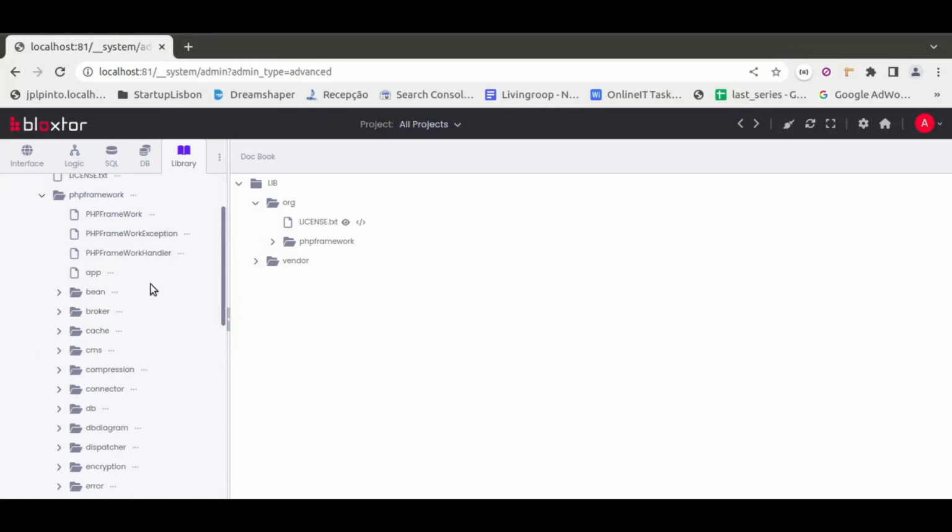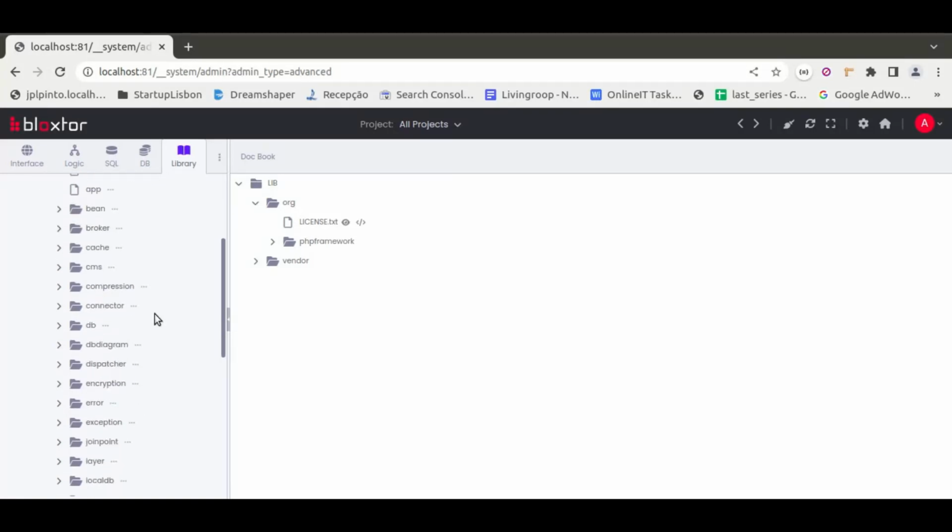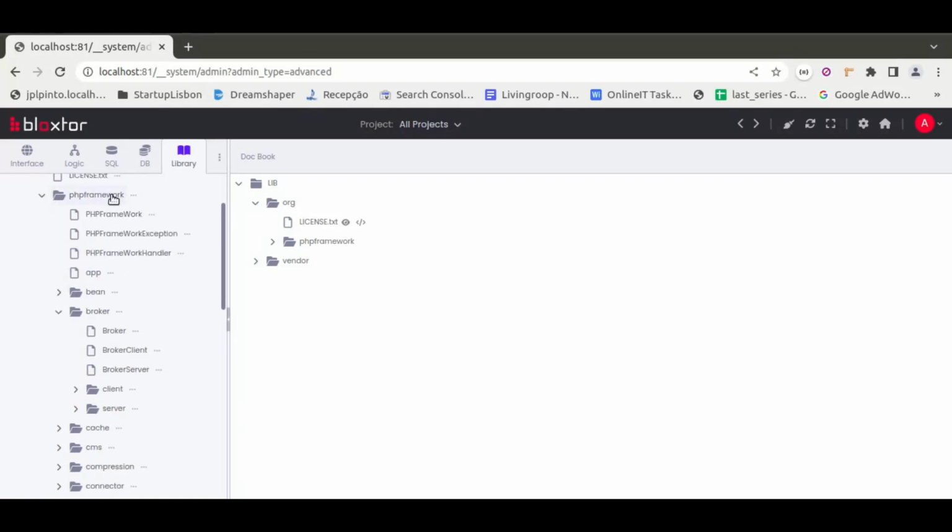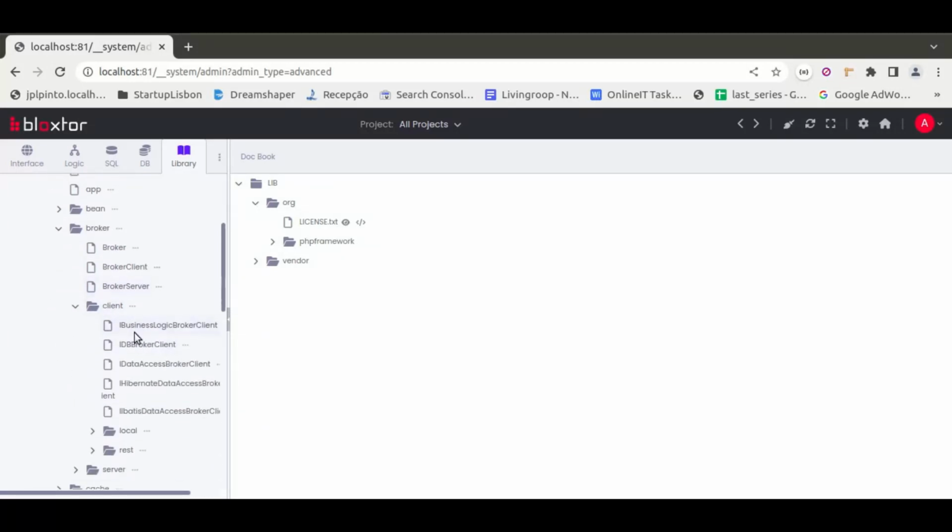It's important to explain to you some of these files, because you can use some of these files in your own project and to be more comfortable working with our framework too. So inside of the org PHP framework folder we have a bunch of other folders, and inside of this we have the broker folder. Inside of here of clients you can see what are the methods that you can call